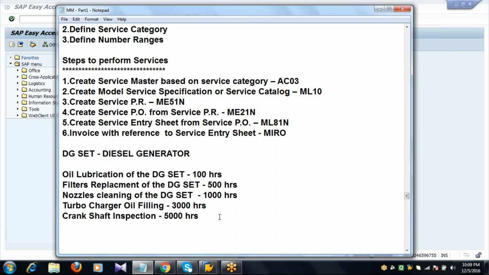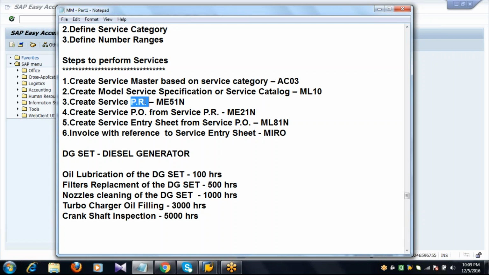So it is not easy to remember all the services. The reason we maintain all these services in one catalog, which we can also call an MSS, model service specification. So we create one catalog and maintain in it all the service masters you created in the first step.